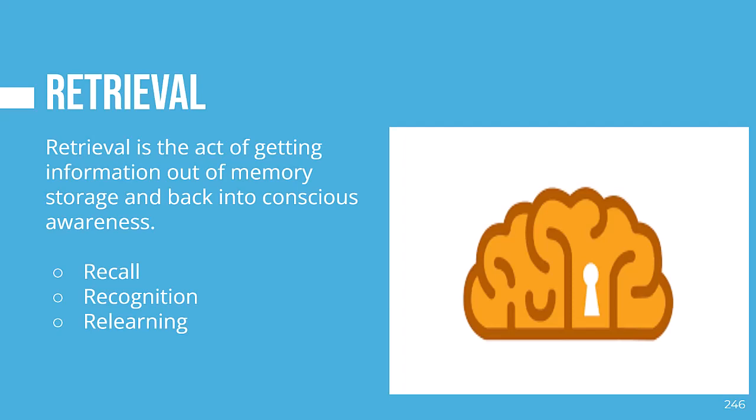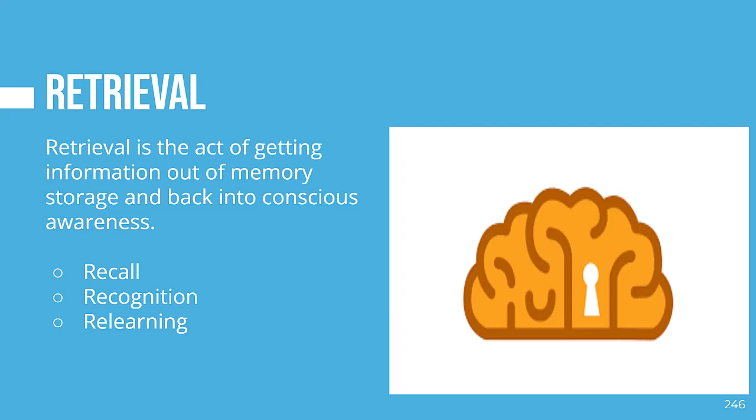An example of recall might be a professor asking you to write an essay about a topic. You don't have anything there to help you remember what you learned. An example of recognition might be if a professor gave you a multiple choice test. You might look at the options and one of them may seem familiar, or it will have reminded you of the correct answer when you might not have been able to state it without any sort of cue.